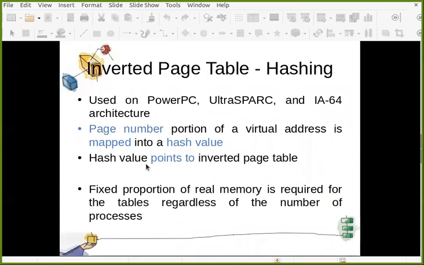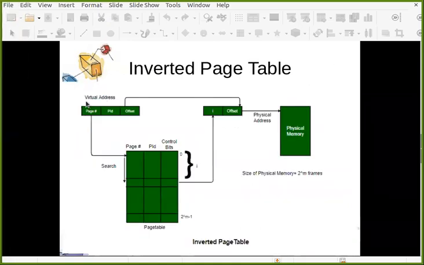This idea was actually used in some previous OSs, PowerPC, UltraSPARC, and IA-64 architecture. The page number portion of a virtual address is mapped into a hash value. See what happens: this page number portion is converted into a hash value. It is not the direct page number, it is converted into a hash value.